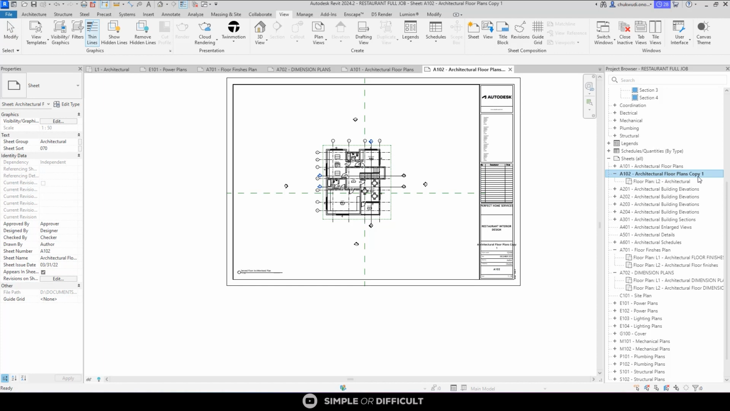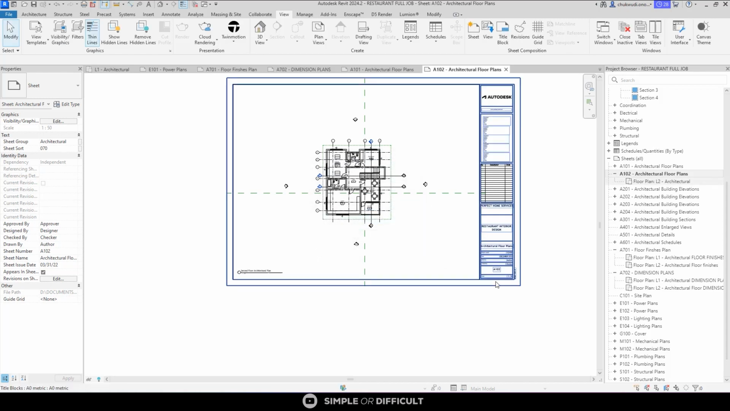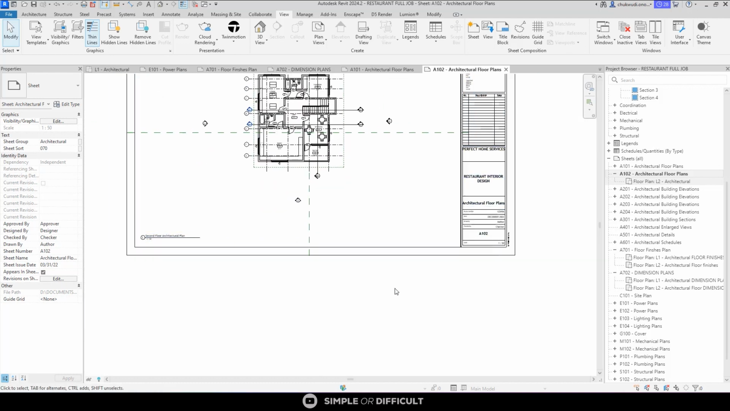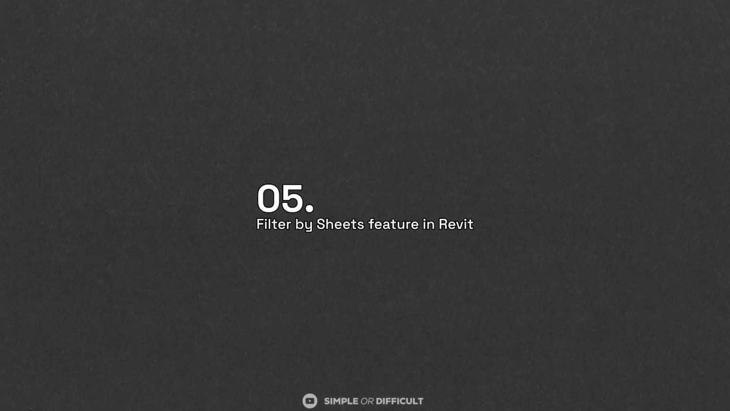Now I'm going to select this, and I'm going to change it to architectural floor plan, and I'm going to say okay. Now you can come over here and rename it to whatever you want using the method I've shown you in this video. Now I want us to look at something very important that you can do using the